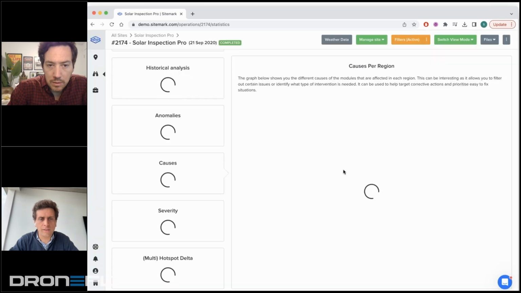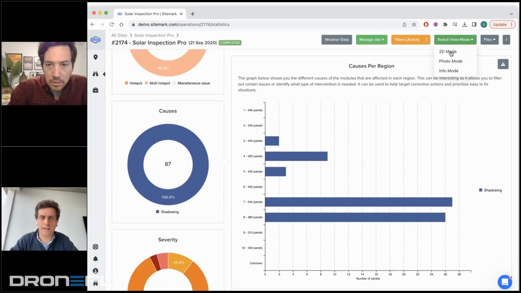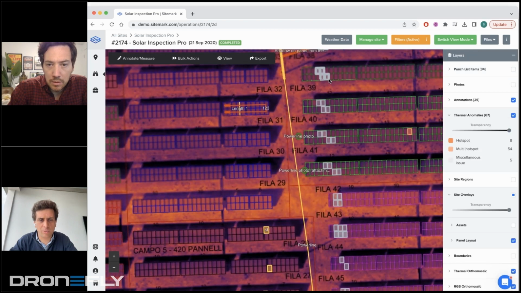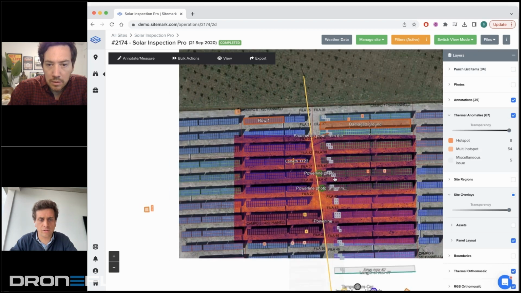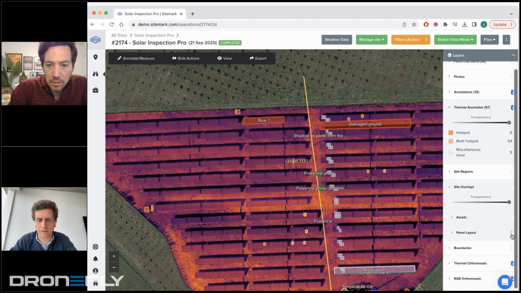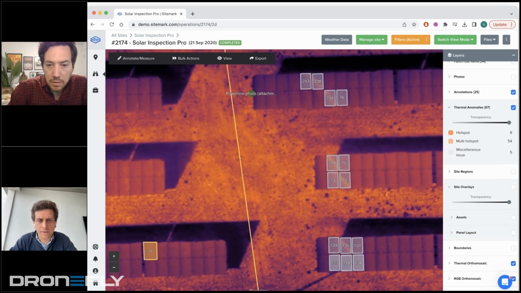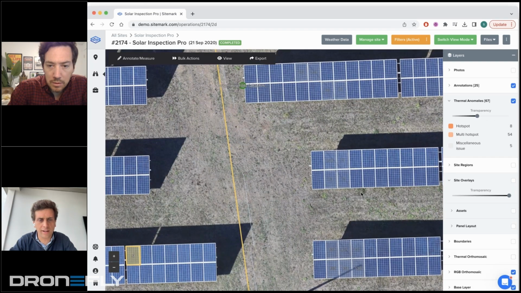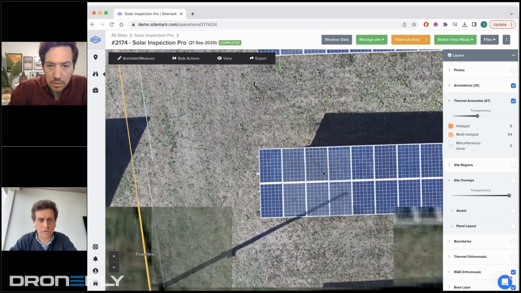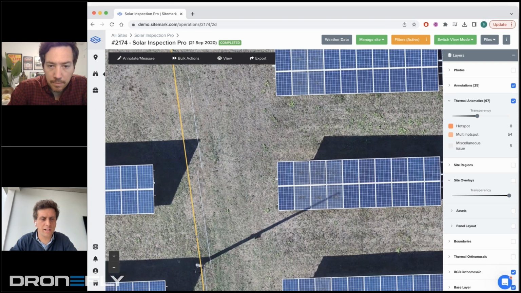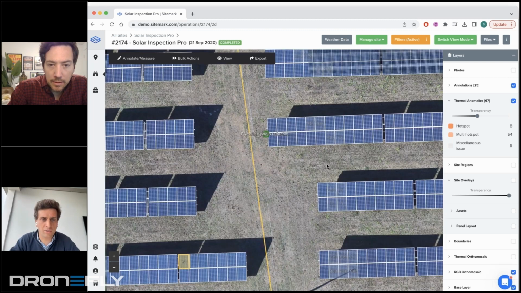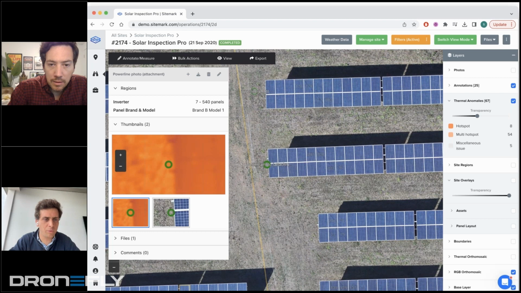Here we go. It filters on these, and then I can go back, for example, to my map, and I can visualize, okay, it's strange because there is this line of issues that seem to all have shadowing. What's happening here? And when I look at these, I see that it's always these lines. So then I can say, okay, I remove the thermal, and then I can start seeing there are these shadows, and the shadows are actually originating from this power line. So most likely this power line is creating all these shadows, and then customers can even, with the Field Link